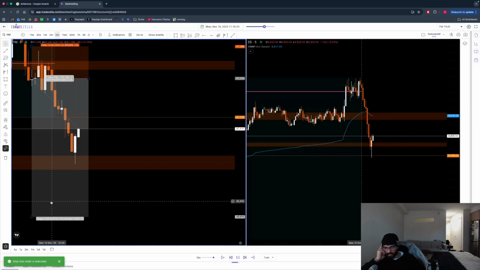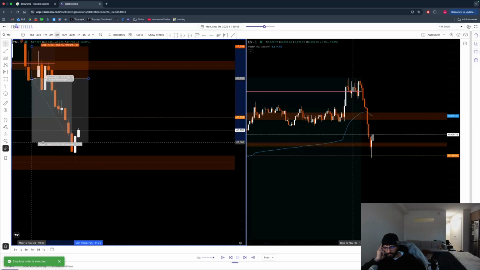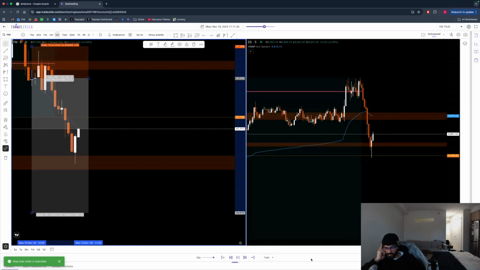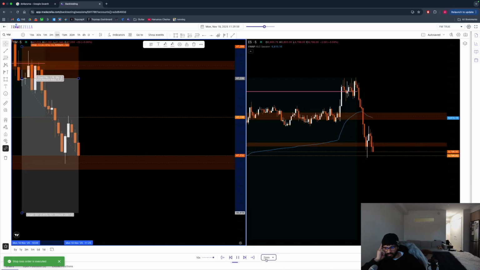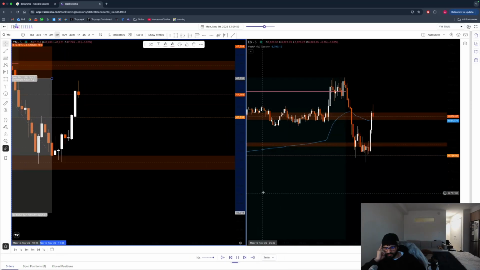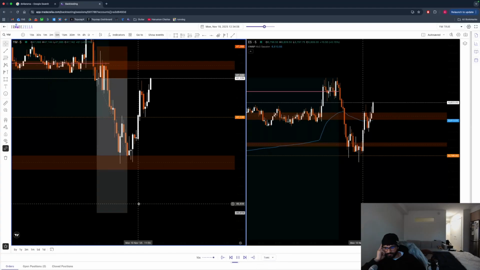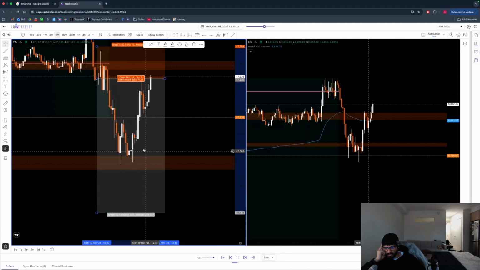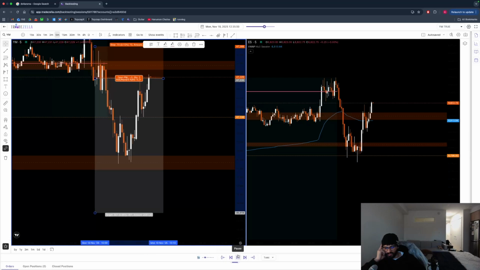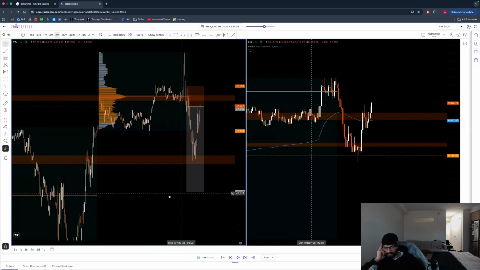Yeah, I'm happy getting taken out there. It's right around a 2-1. Maybe a bit less than that. So let's see what would have happened. Yeah. So yeah, this zone was the point of reversal. Good. All right, I'm